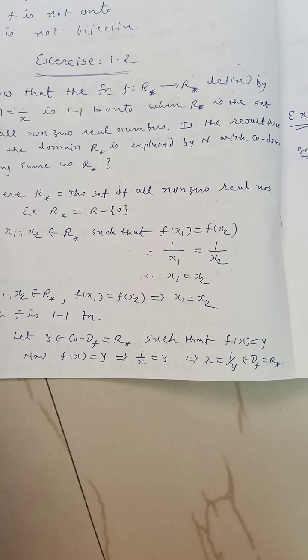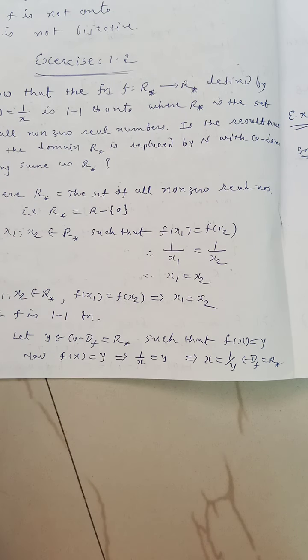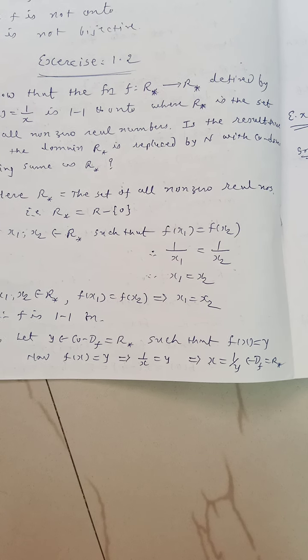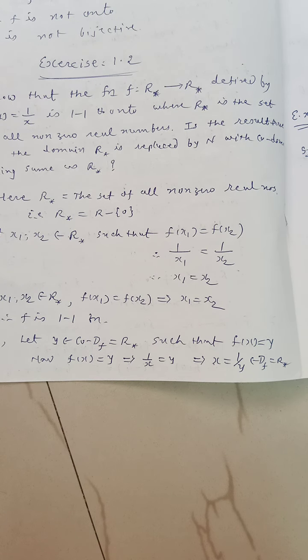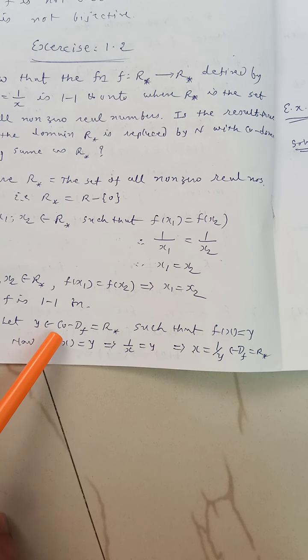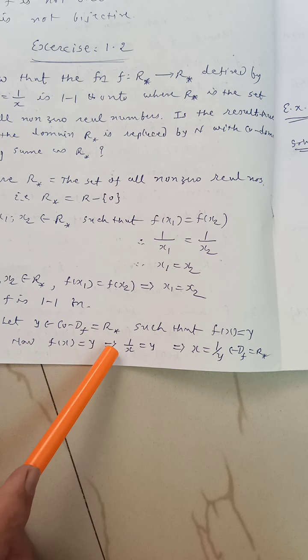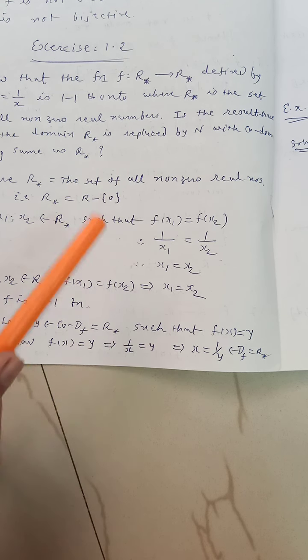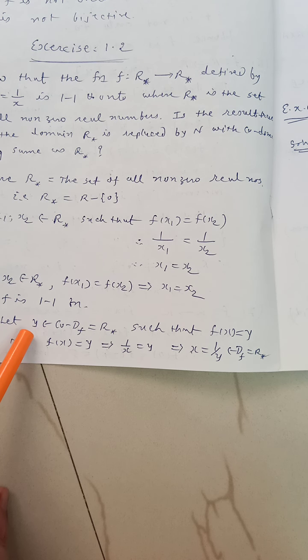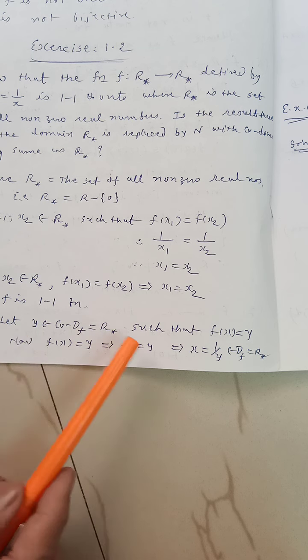So here the function is R star to R star, but R star means R minus 0. It means it is again an R to R type function. So that is why we cannot directly find range f and check codomain f. Here we use the general definition. So this way we start. Let y be a member of codomain f, that is R star. Codomain f, you see, is R star, so from that we choose one letter called y. And what do we have to find? f(x) equal to y.